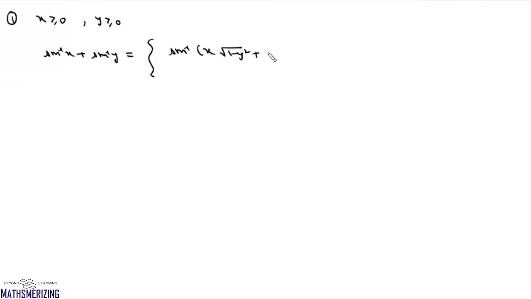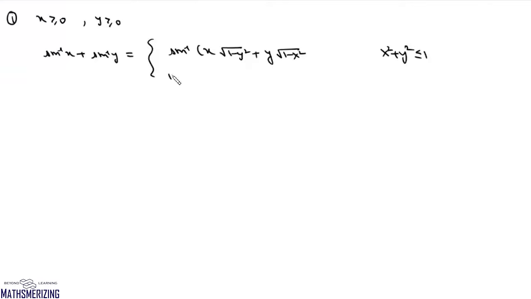Now another application of the self-adjusting property is to prove formulas along with their conditions. So here we'll be proving formulas, and we'll start with the first one. If x is greater than or equal to 0 and y is greater than or equal to 0, we'll need to prove that sin inverse x plus sin inverse y will be sin inverse of x under root 1 minus y square plus y under root 1 minus x square if x square plus y square is less than or equal to 1